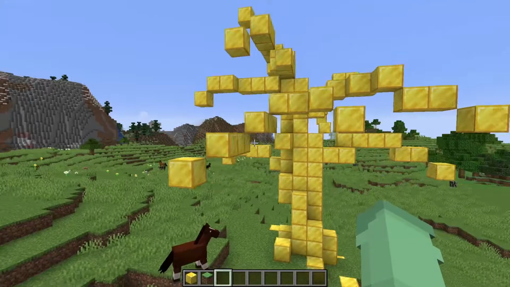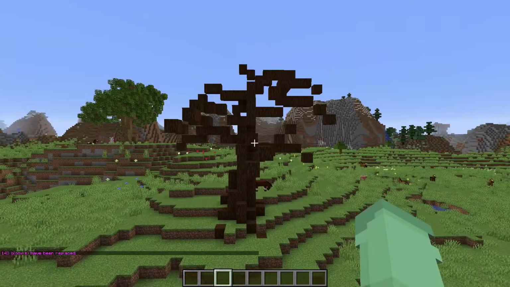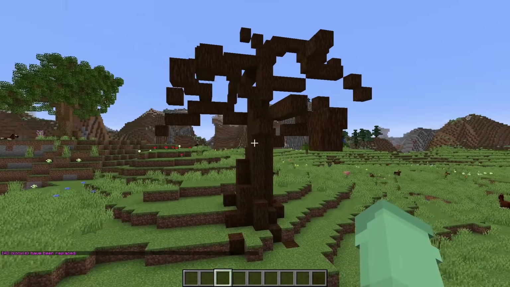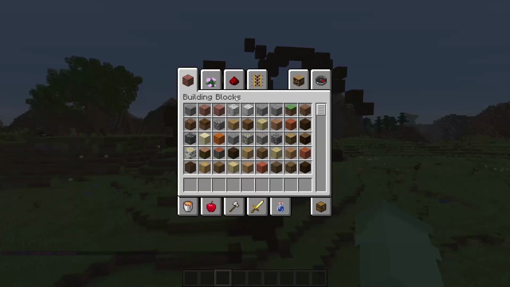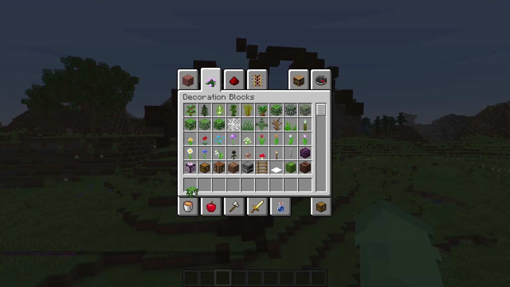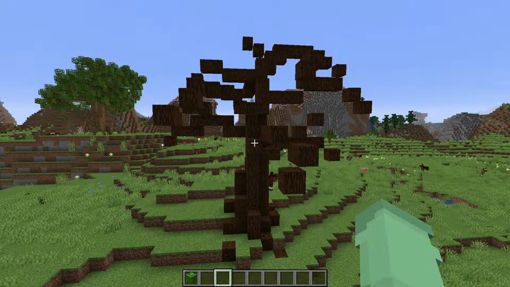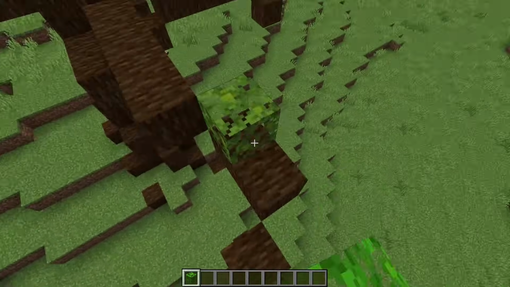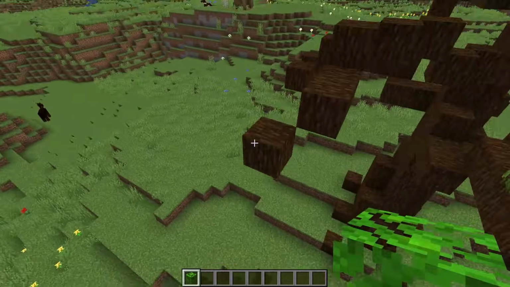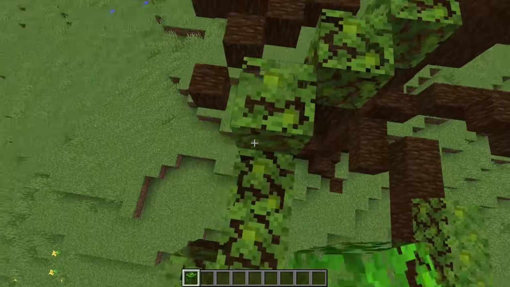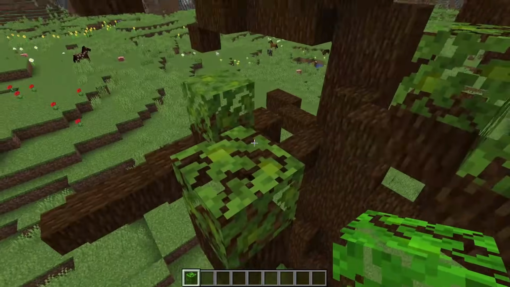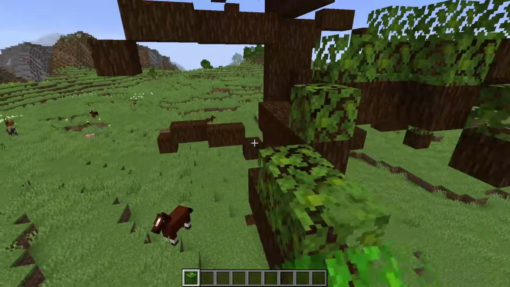But for now, let's get started with this, shall we? I'm going with the very dark spruce wood for this particular tree, and then I'm going with the jungle leaves just to make things look a little bit more full. The first thing I'm going to do is line all of these branches with leaves. So we're not going to be fluffing this tree up like we did with the other ones a whole lot.